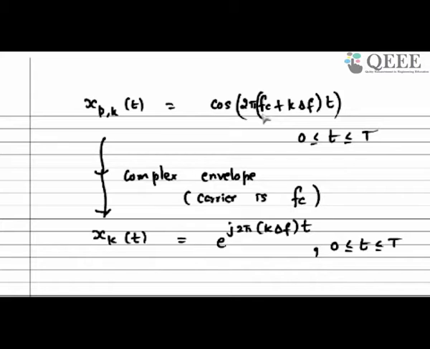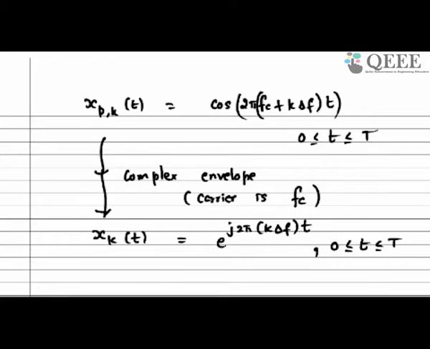So I remove that fc and look at these different cosine waveforms. The first cosine waveform will have delta f frequency, the second waveform will have 2 delta f and so on. So fc is common, so I remove that fc. I am defining complex exponentials because they are also related to cosine waveforms. So now I am defining a complex exponential with frequency k delta f, where k can run from 0 to M minus 1. So these are the equivalent complex exponentials I have.